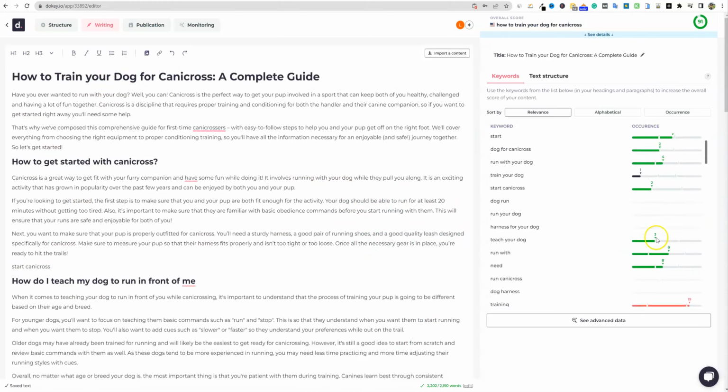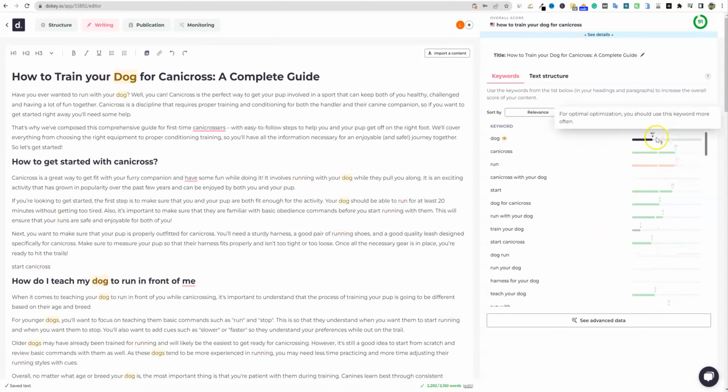And it's a different way. I gotta admit, it's a little different to get used to, but the way that they have these keywords lined out right here, and then they just have the gauge, and you just want to hit the gauge in between those two dashes. I actually think this is probably the smartest, best way that I've seen the keywords outlined. Instead of it changing green and all that, the way the other tools are structured can get a little kind of clunky, if you will. I like the way that this is structured.